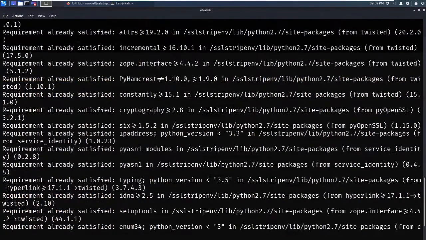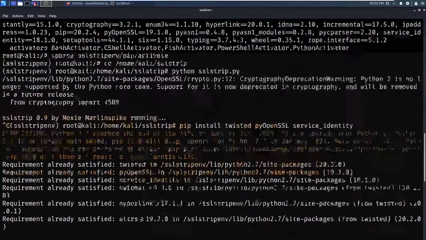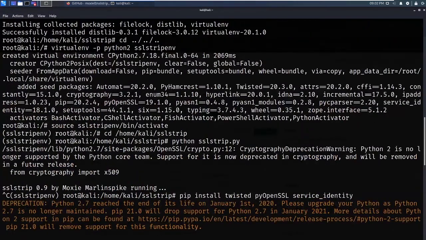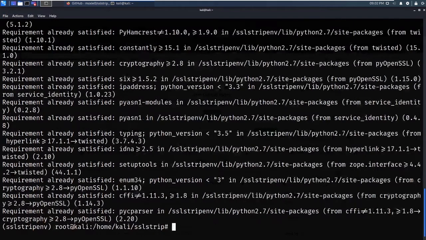This will fix all of your errors like no module named twisted, no module named OpenSSL. And try to run this command, that is python sslstrip.py again, and it works.